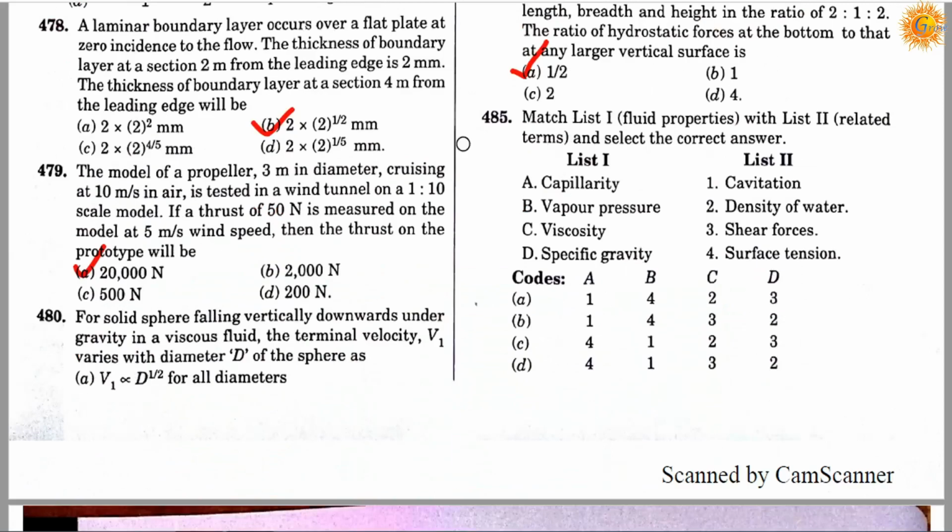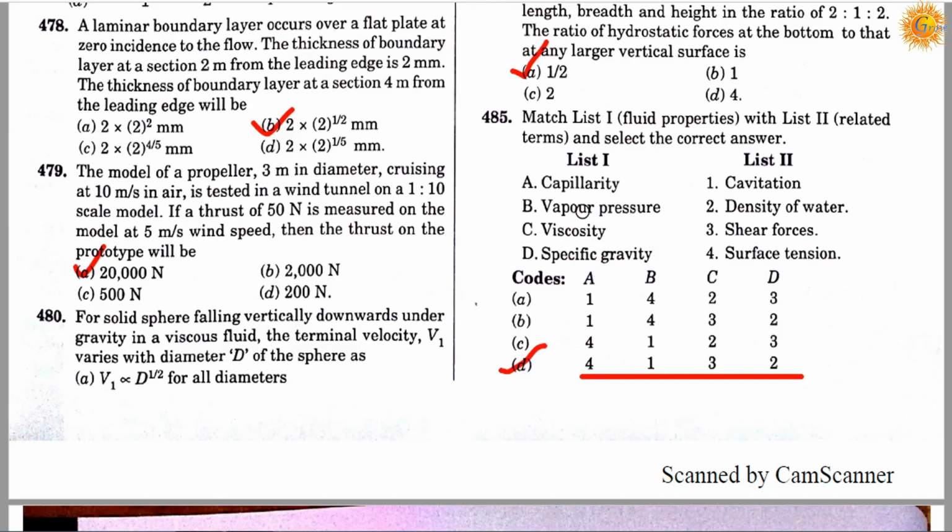Question number 485. Match the list first, fluid properties, with the list second, related terms, and select the correct answer. In the first list there is capillarity, vapor pressure, viscosity and specific gravity, and in the second list is cavitation, density of water, shear force and surface tension. So the correct answer here is D, and according to option D,